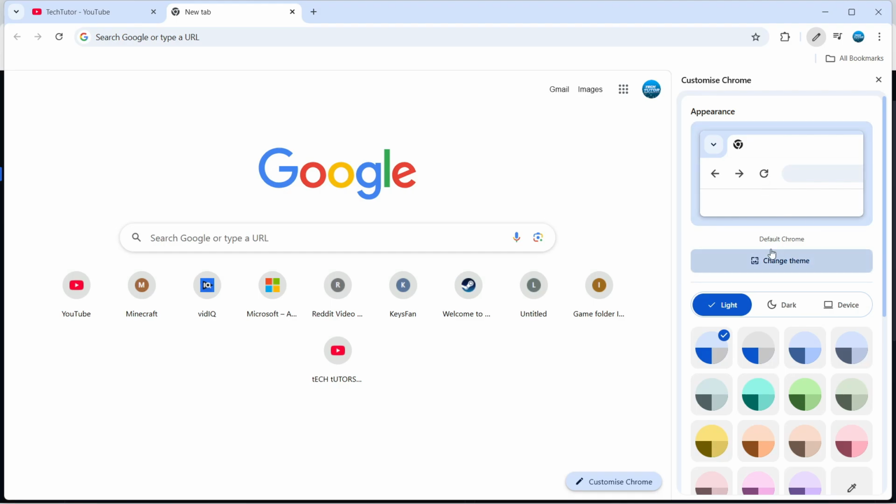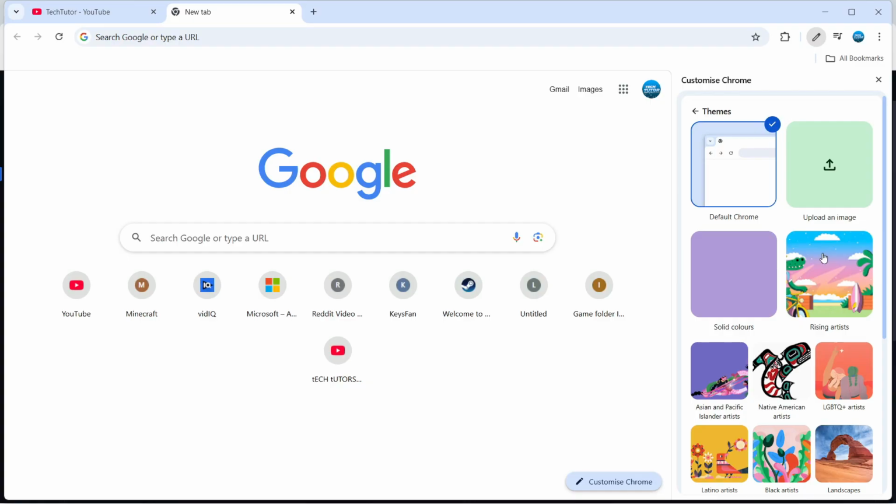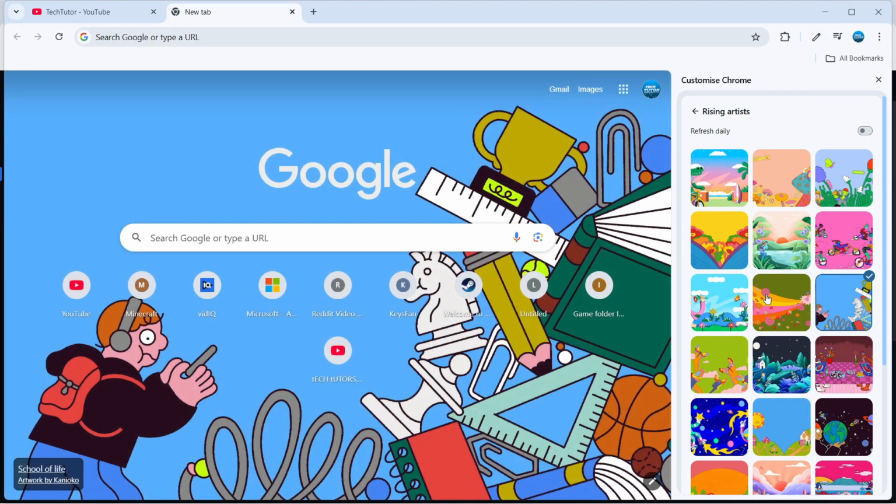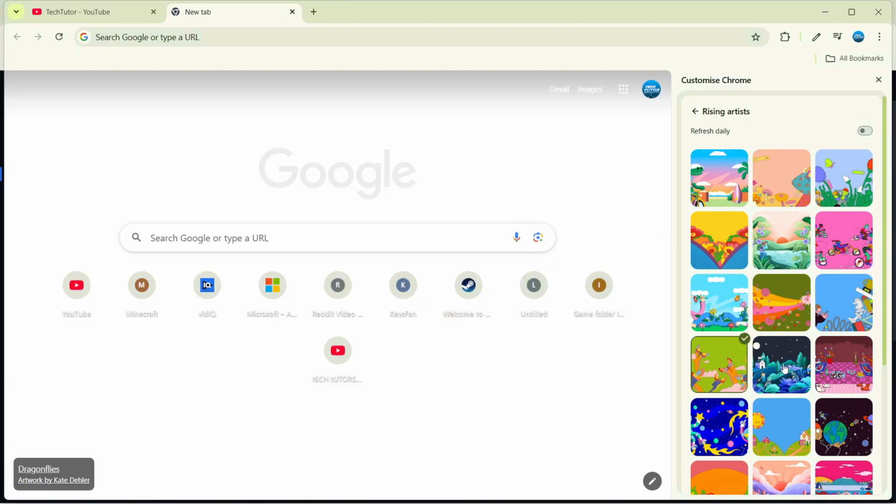Now in here you're going to see an option to change theme, so give this button a click and you can choose from a number of different themes on this page. For example, if I click onto this one, Rising Artists, and we're just going to go ahead and choose one of these themes. Let's go for this one here, and as you can see, that's going to go ahead and change the theme on Chrome, and we can just go through and click onto these until we find one